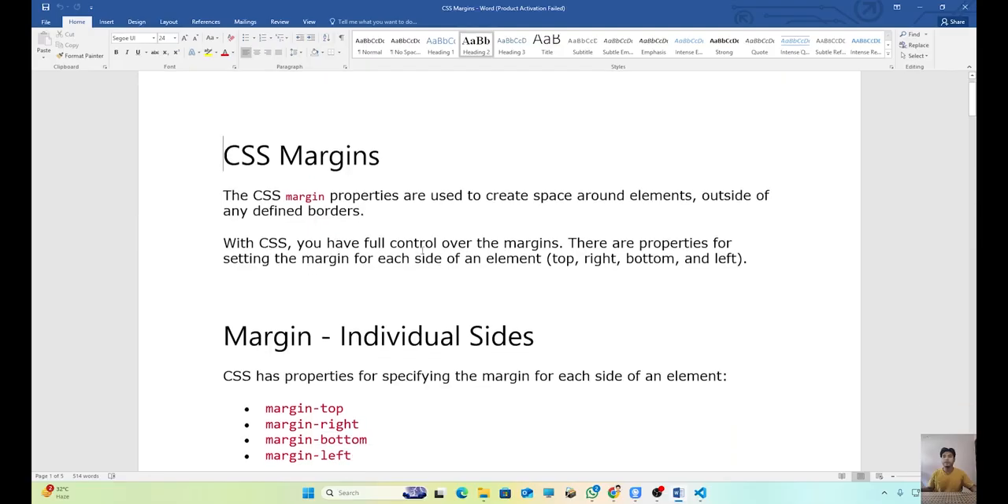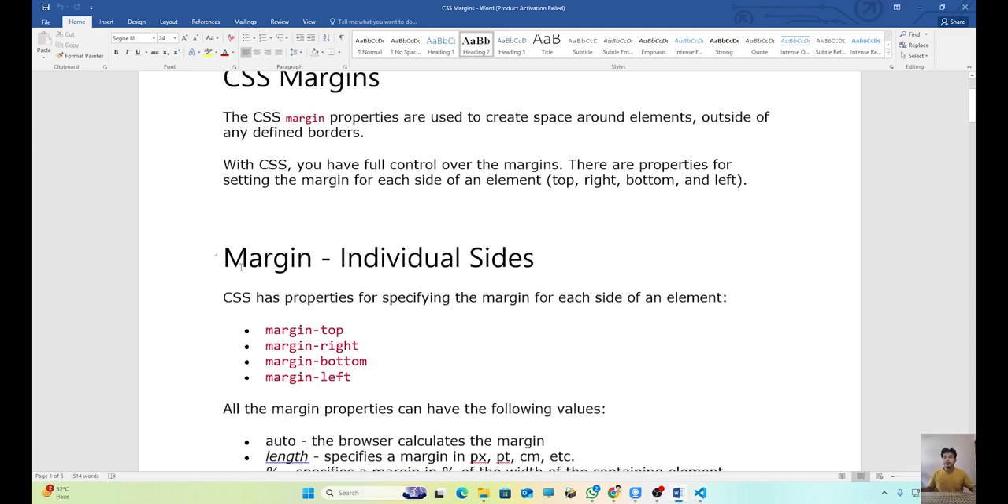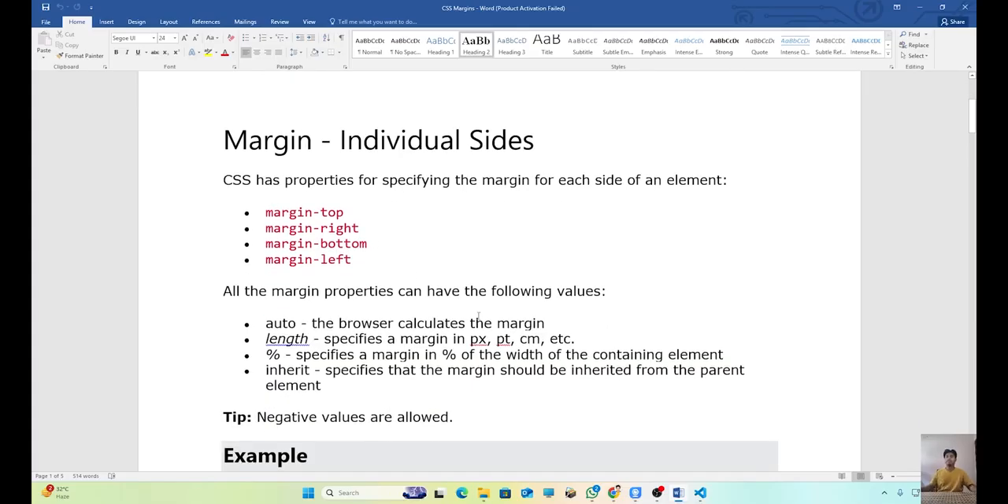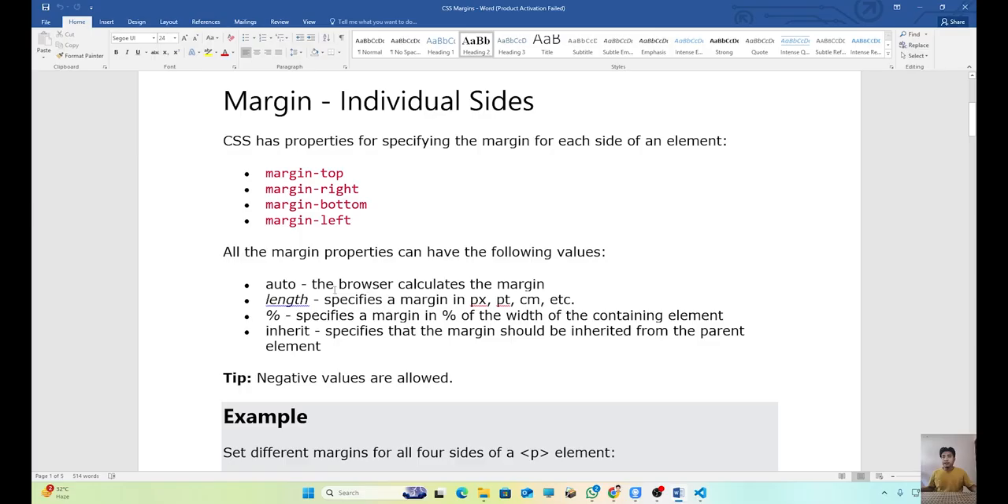With CSS you have full control over the margins. There are properties for setting the margin for each side of an element: top, right, bottom and left. CSS has properties for margins: margin-top, margin-right, margin-bottom, margin-left. All the margin properties have the following values: auto, the browser calculates the margin; length, a specific margin in px,